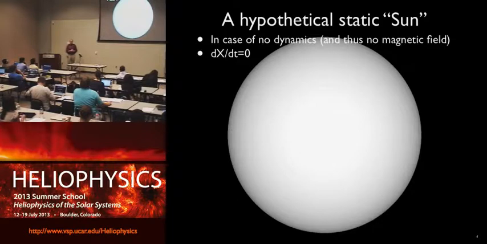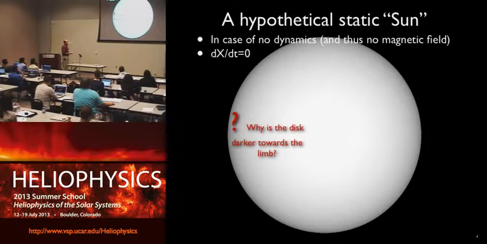So if we started from what Mark Maltman said yesterday, if we took the astrophysicist perspective that I took issue with, and we disregarded the magnetic field and all the dynamics, and we just set all of the variables to they're not varying. What you'd be looking at is a sun that looks like that, basically a big white disk. Now, one of the things I'll have to ask you about radiative transfer is that disk goes dark towards the edge. I've tried to reproduce the intensity much like you'd see the real solar disk if there were nothing else going on under the sun except radiation coming out of that atmosphere.